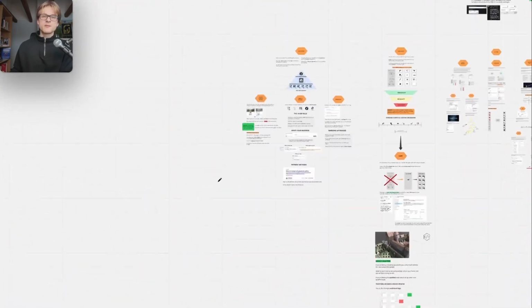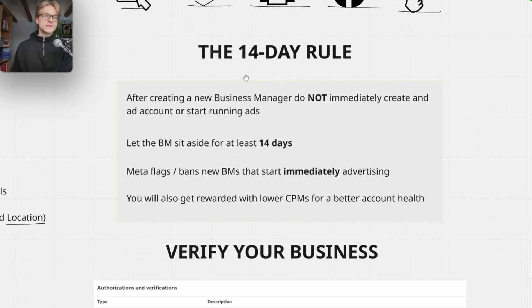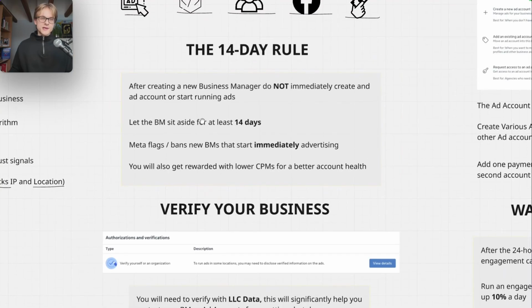Now, with that being said, Meta obviously wants only vetted, trusted advertisers to take advertising space on their platforms. And if someone creates an account and it's been lying around for 1 day, obviously they have a lower trust score than someone who has had an account for 1 or 2 years. You know what I'm saying? Same thing with the Facebook account, the Instagram account, the ad account, with every single thing. This is because Meta wants to primarily protect their users from people who come in and basically distract from the overall user experience. Let's say it like this.